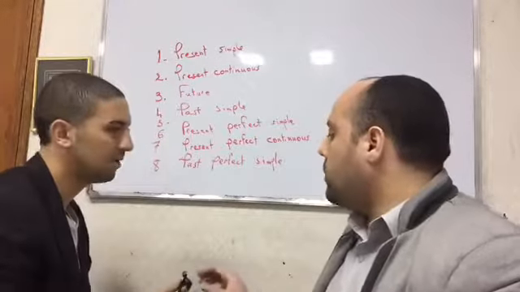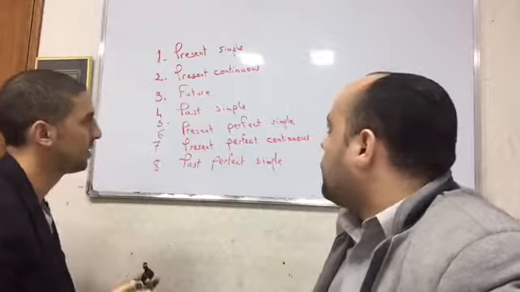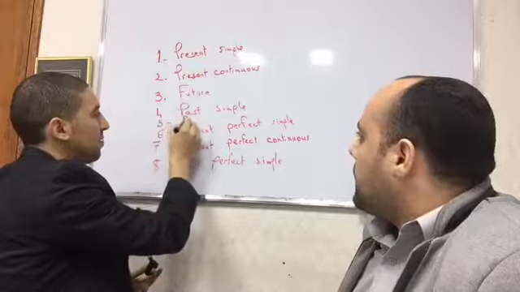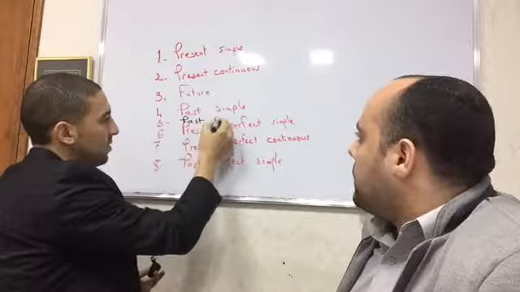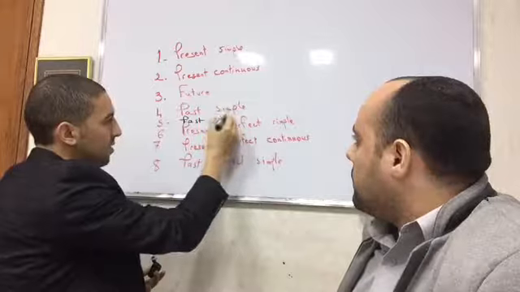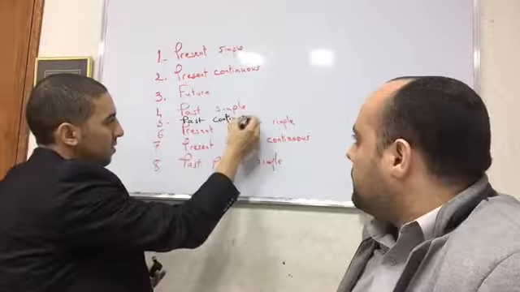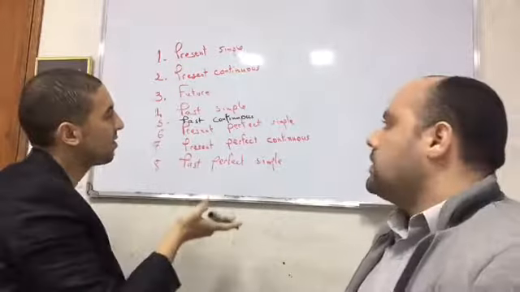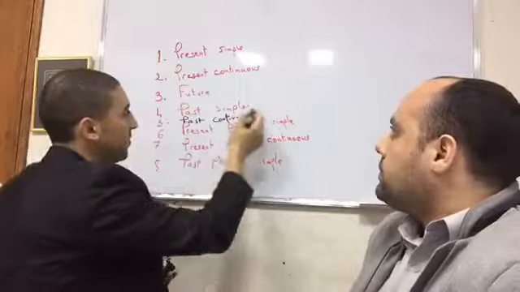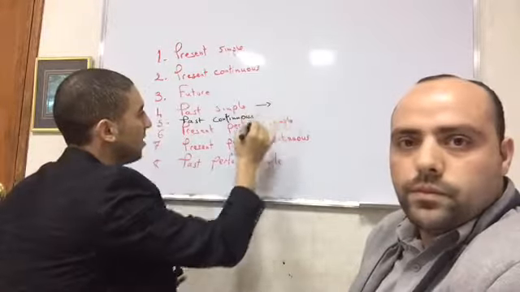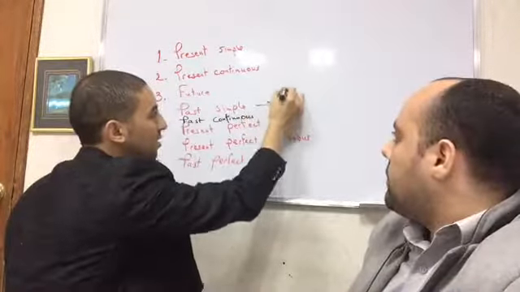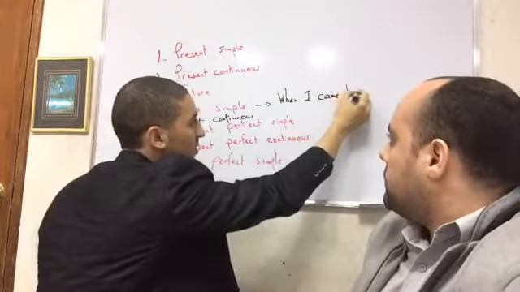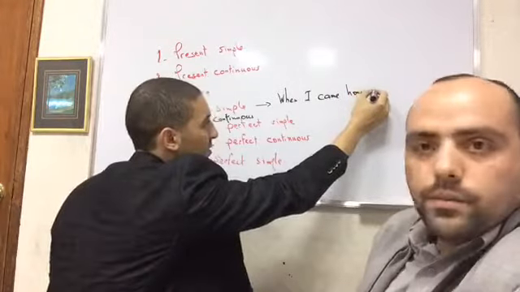Alright. So right now let's first give examples. Yes, of course. Just to show them, because we said that the fifth was the past continuous tense. Now let us give examples, just to show you how easy the past perfect simple is. With the past simple, for example, when I came home, my mother